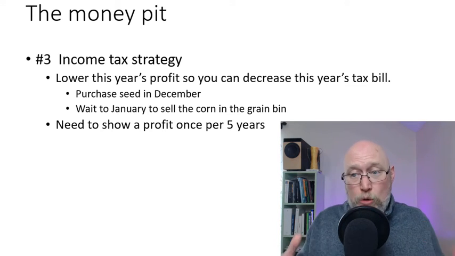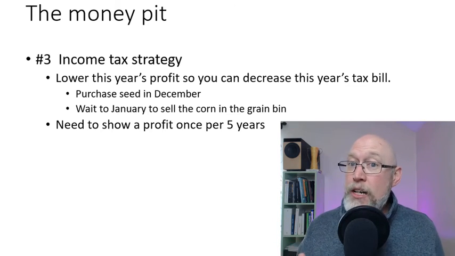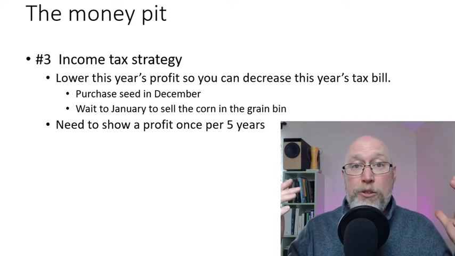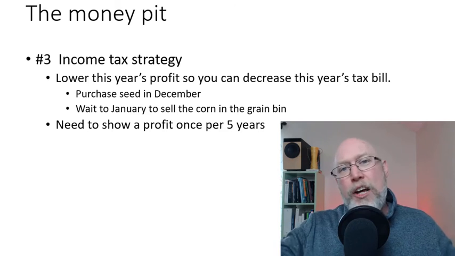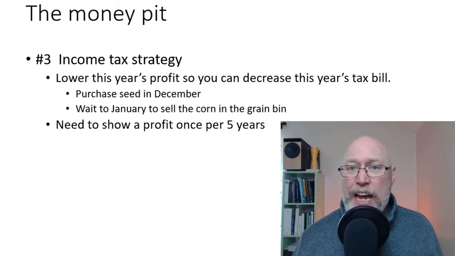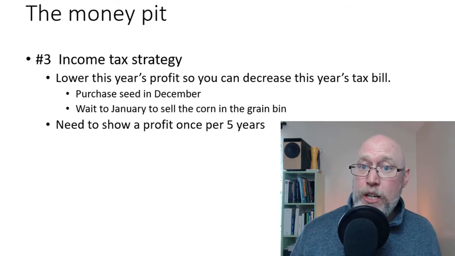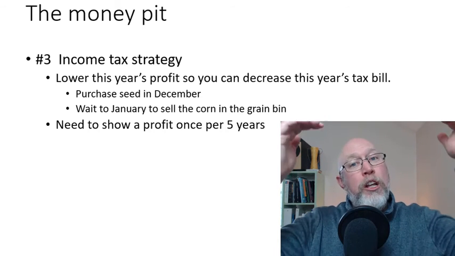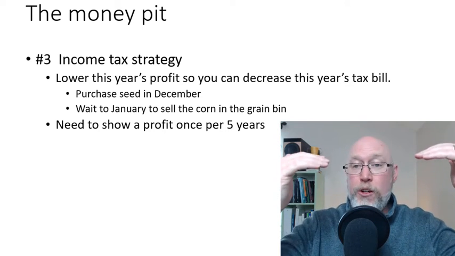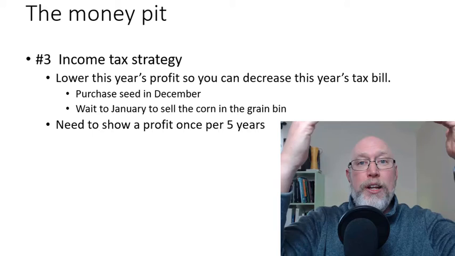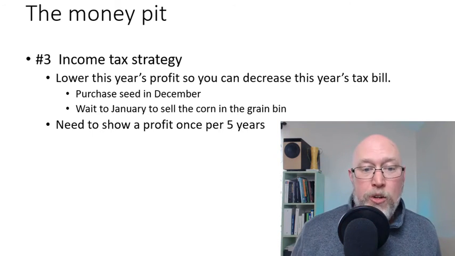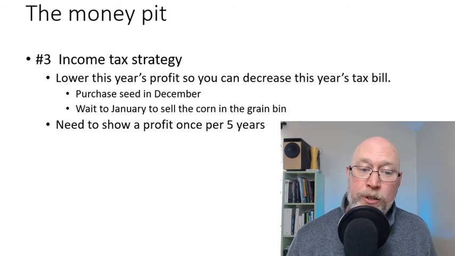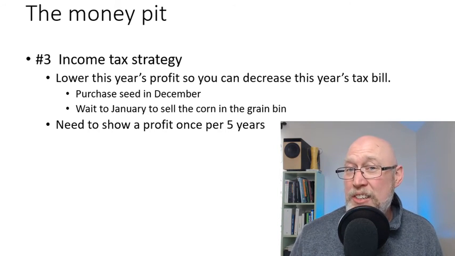So if in the current year you've made a lot of money, you've had a high revenue and your profits are good, you can go ahead and buy the inputs you need, seed, feed, fertilizer, whatever, at the tail end of the current calendar year in order to lower your profit for the current calendar year, because those expenses will land on this calendar year, even though they're for next year's crop. So you can time shift your tax burden. So you spend extra money. It's a cash flow thing.